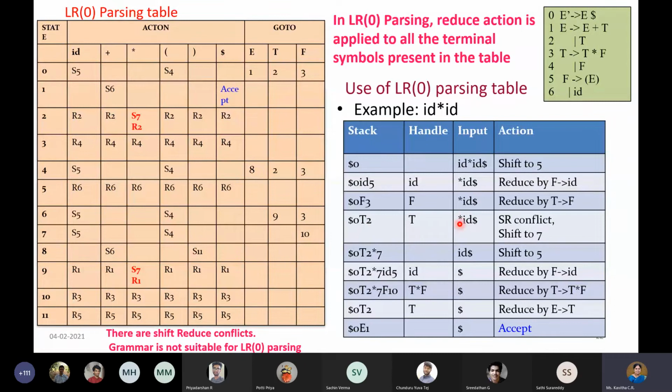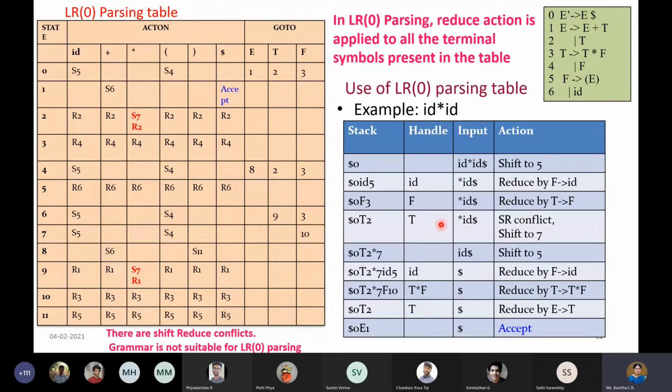And where am I pointing now in my input? It is still star, because I have not taken the star from the input buffer. Now at 2 on star, what happens? You see, it is both shift and reduce. Therefore, the conflict occurs. But I am just overriding because I know that if I apply the reduce action, I will not be able to get my string derived or reduced completely to the start symbol. So I will override and let me try with the shift to 7. I will try with the shift operation now.